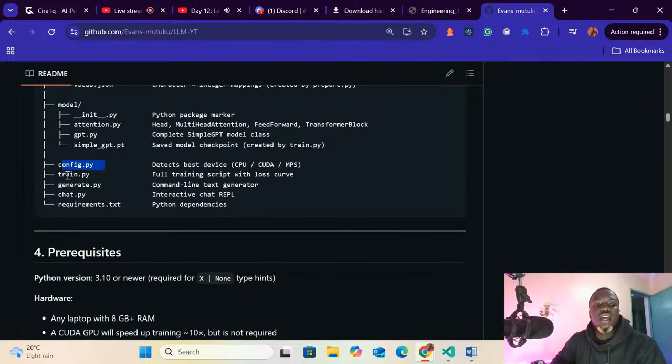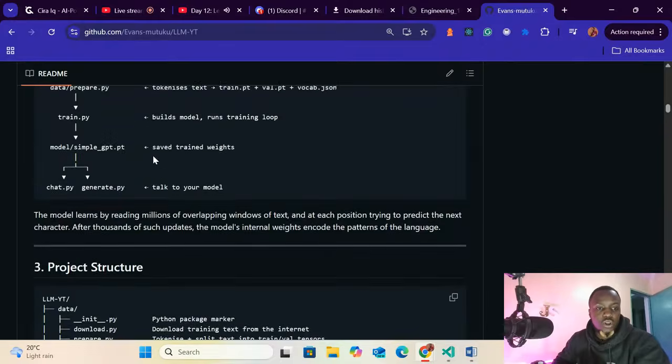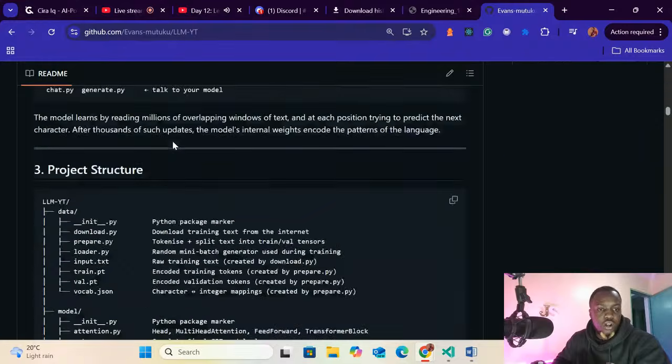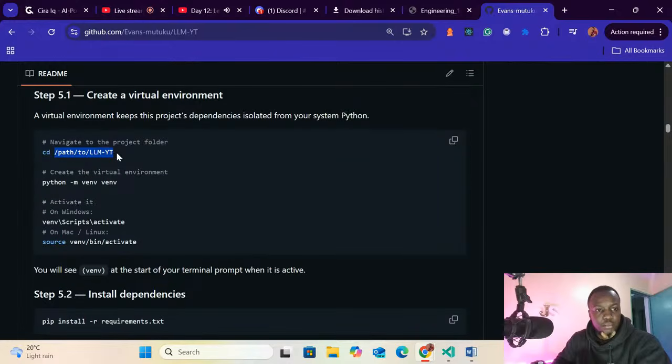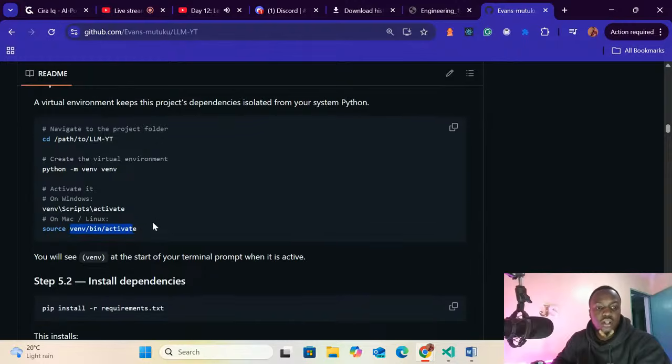Then our configuration files, the generate file that's going to be used for the logic behind generating content. Then we have the chat interface that we are going to write, where people can type anything. Then we have our virtual environment, it's already installed. For cloning this code, you clone it, activate the virtual environment, and then you run your code.